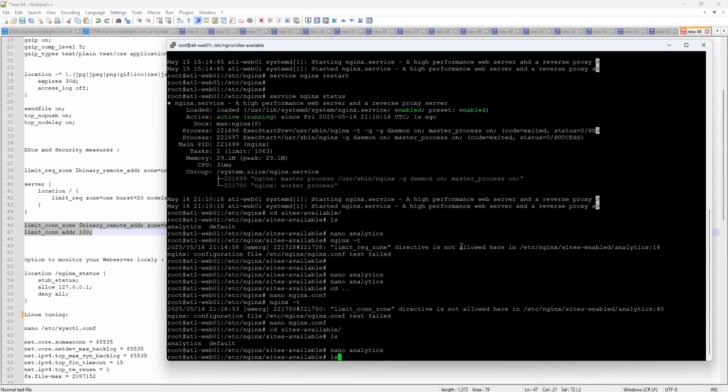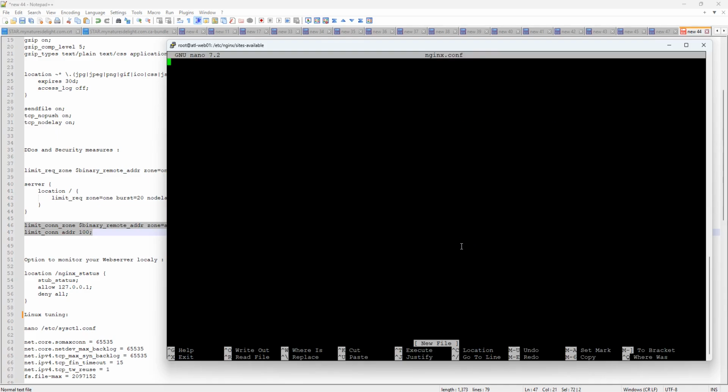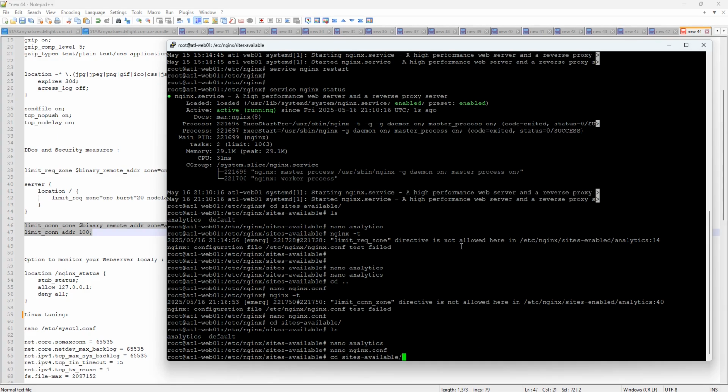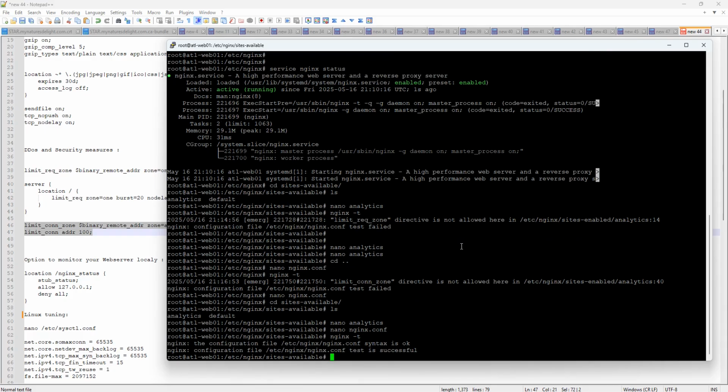Okay, now let's see if, whoops, let's see if this one is now better. There you go. So always make sure that you double check your configuration before you do anything. Now we have that set up for the analytics side. Now let's do the same quickly for the other side, right? So all we have to do is